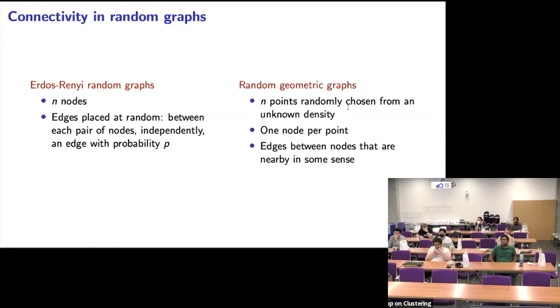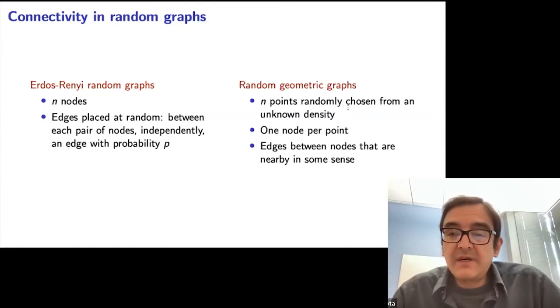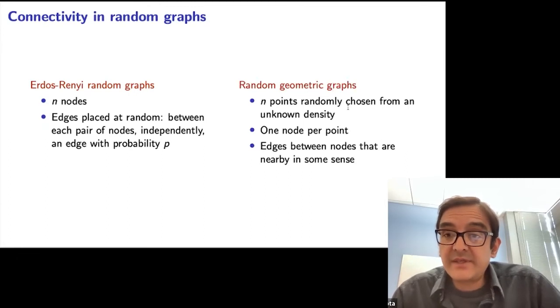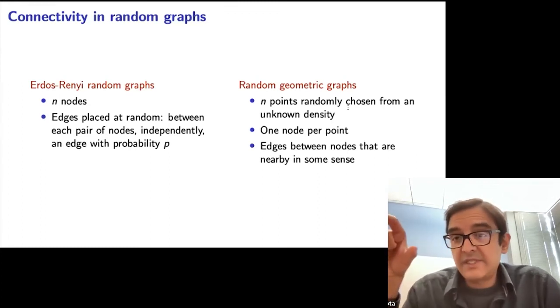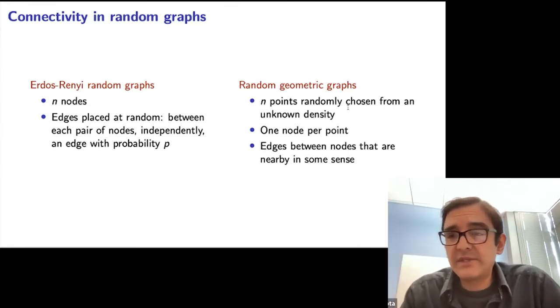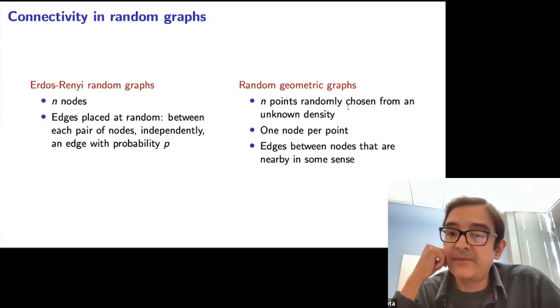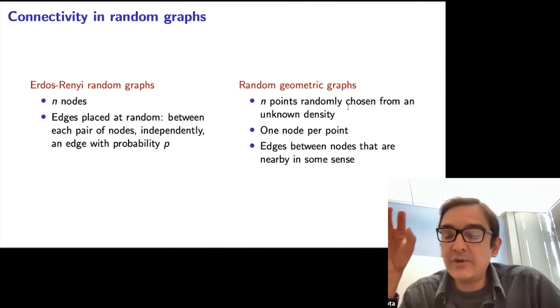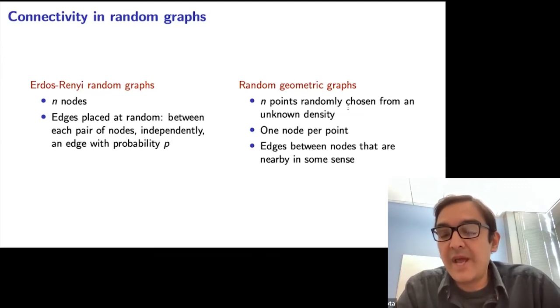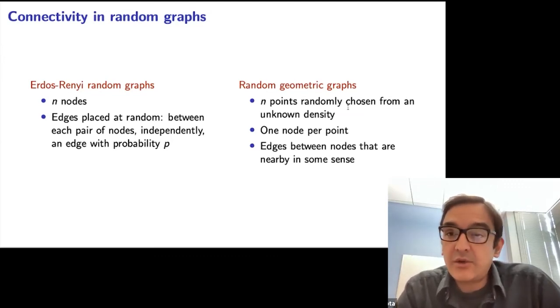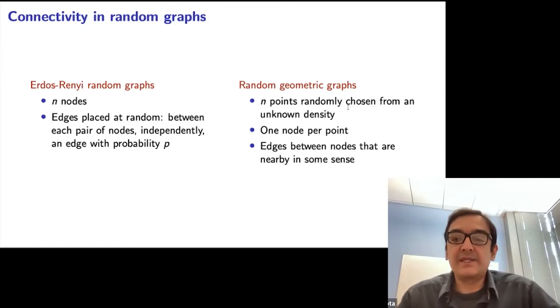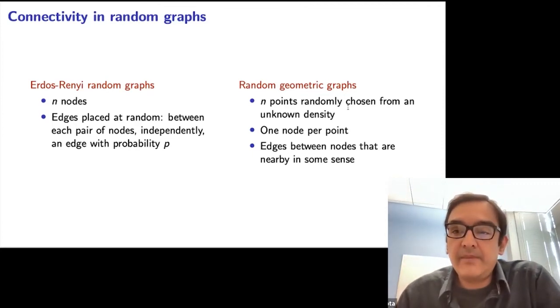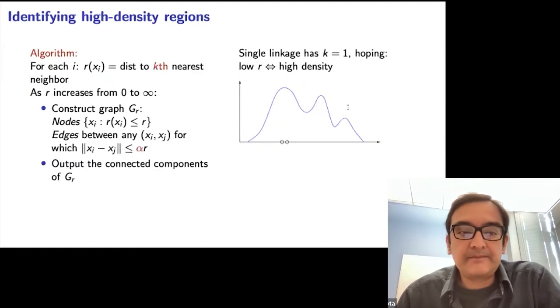In a statistical setting, the graphs that occur more often are random geometric graphs. Here, the points are chosen at random from an underlying density, and the graph is constructed by connecting points according to some criterion, like distance less than r. Again, you get a random graph, but now the randomness is entirely in the nodes, whereas in an Erdős-Renyi random graph, the randomness is entirely in the edges. Nonetheless, the questions that we're interested in are much the same. What is the point at which you get connectivity? That's the sort of argument that we'll have to deal with in this setting.